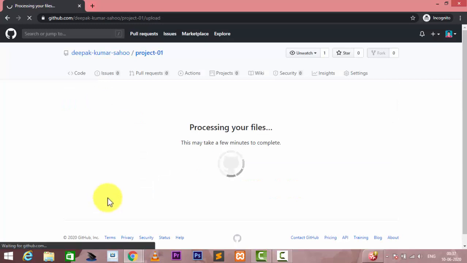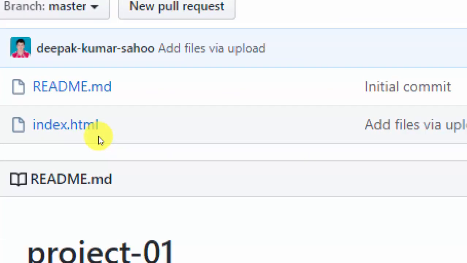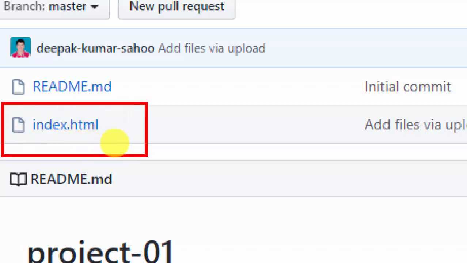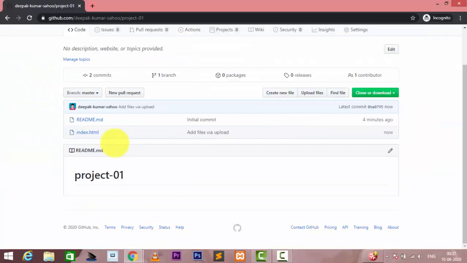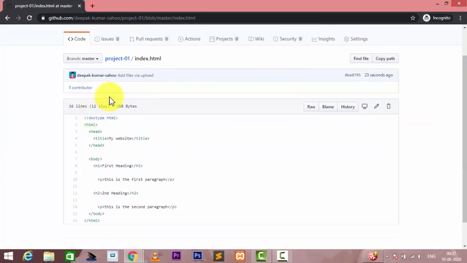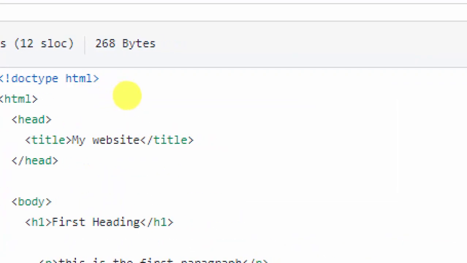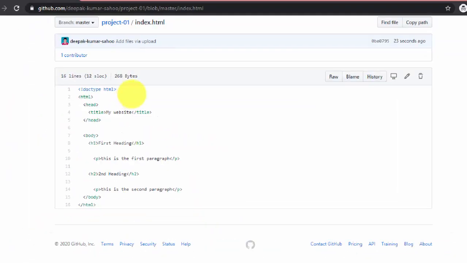After a few seconds, the entire content will be showing here. I zoom here so you can see that this content is showing. You can click on that, and this is the entire project here. I zoom again so you can see the entire content.